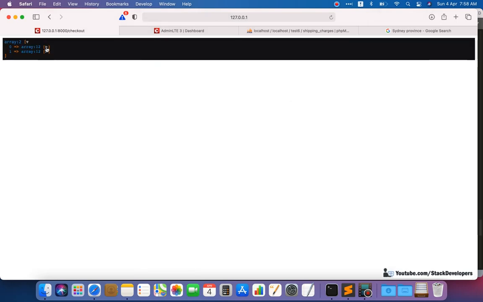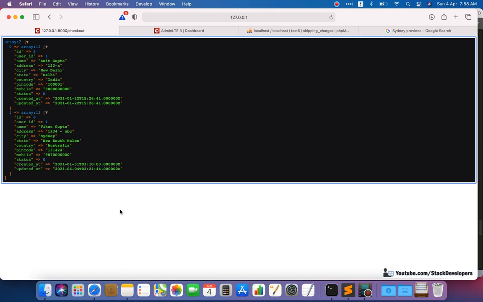And here if we refresh, we can see both delivery addresses are coming here. One is for India and one is for Australia. Now we want to integrate the shipping charges for both. We want to add the shipping charges element in both the arrays, for India as well as for Australia. Here it will come like a shipping charges element in the array, which will be assigned 100 rupees, and here the shipping charges element will be assigned 500 rupees, so that it will be easier for us to manage the checkout page.